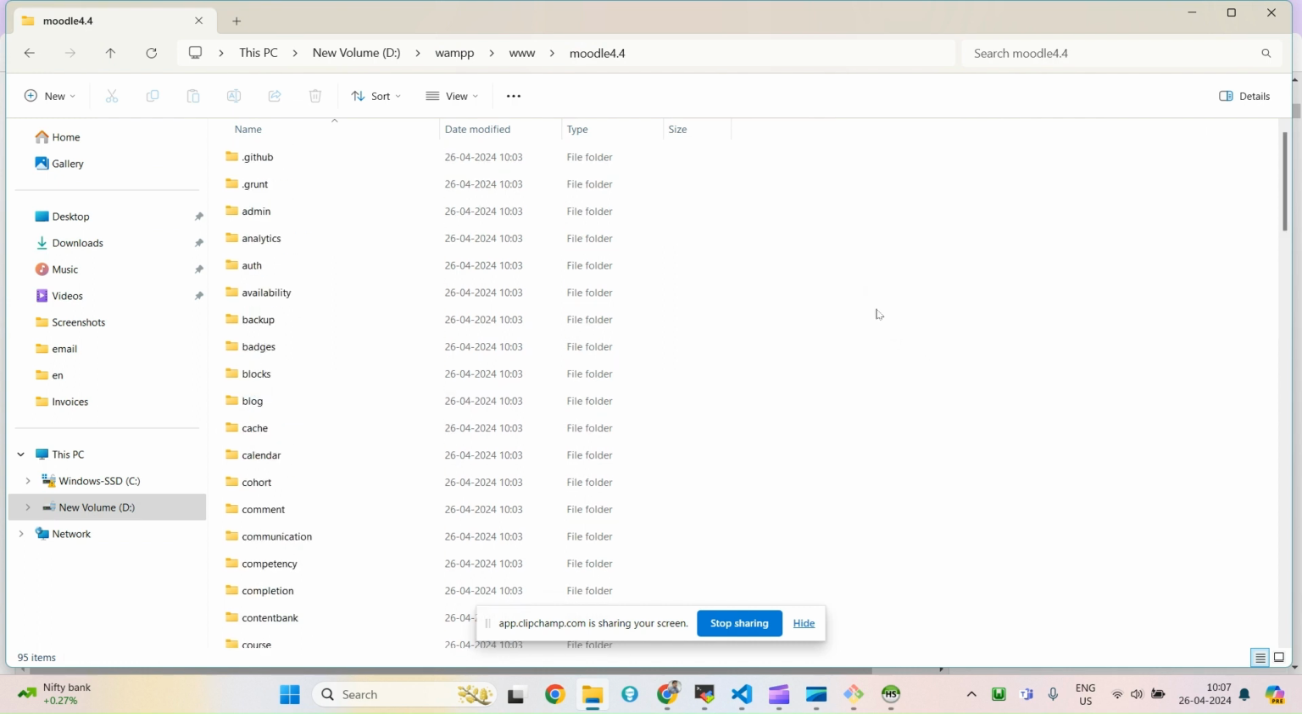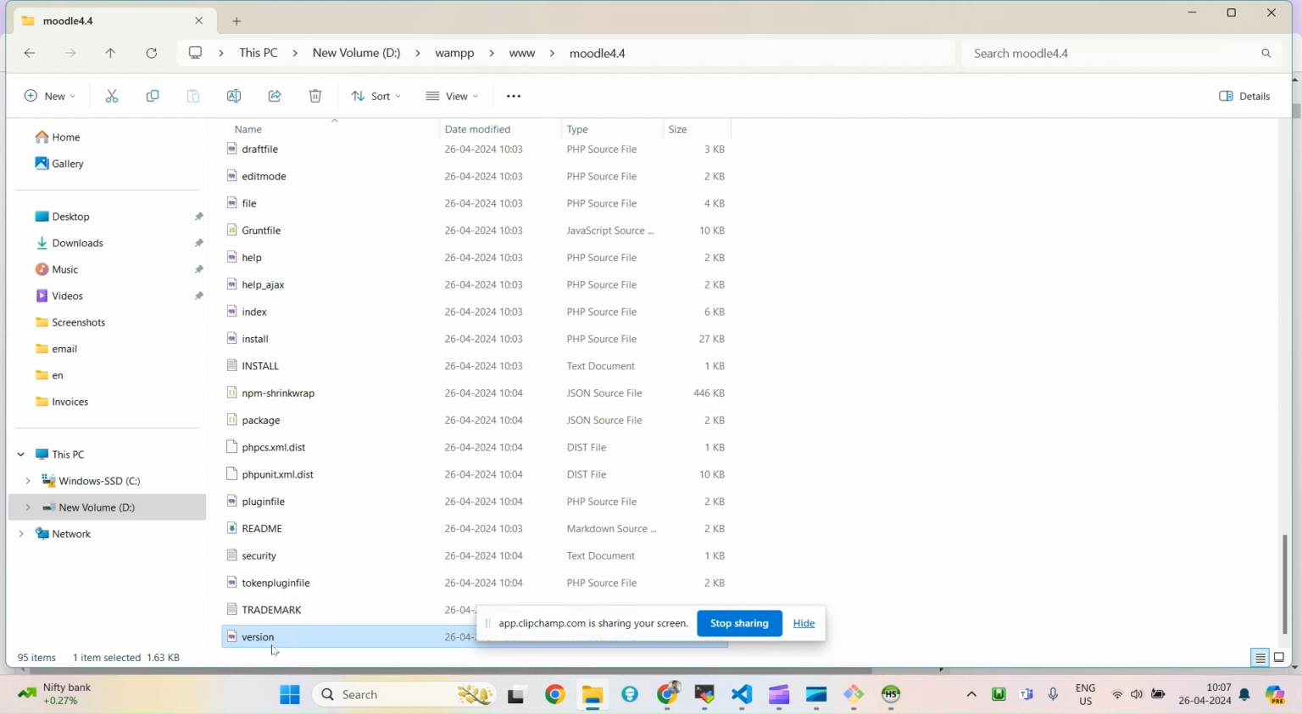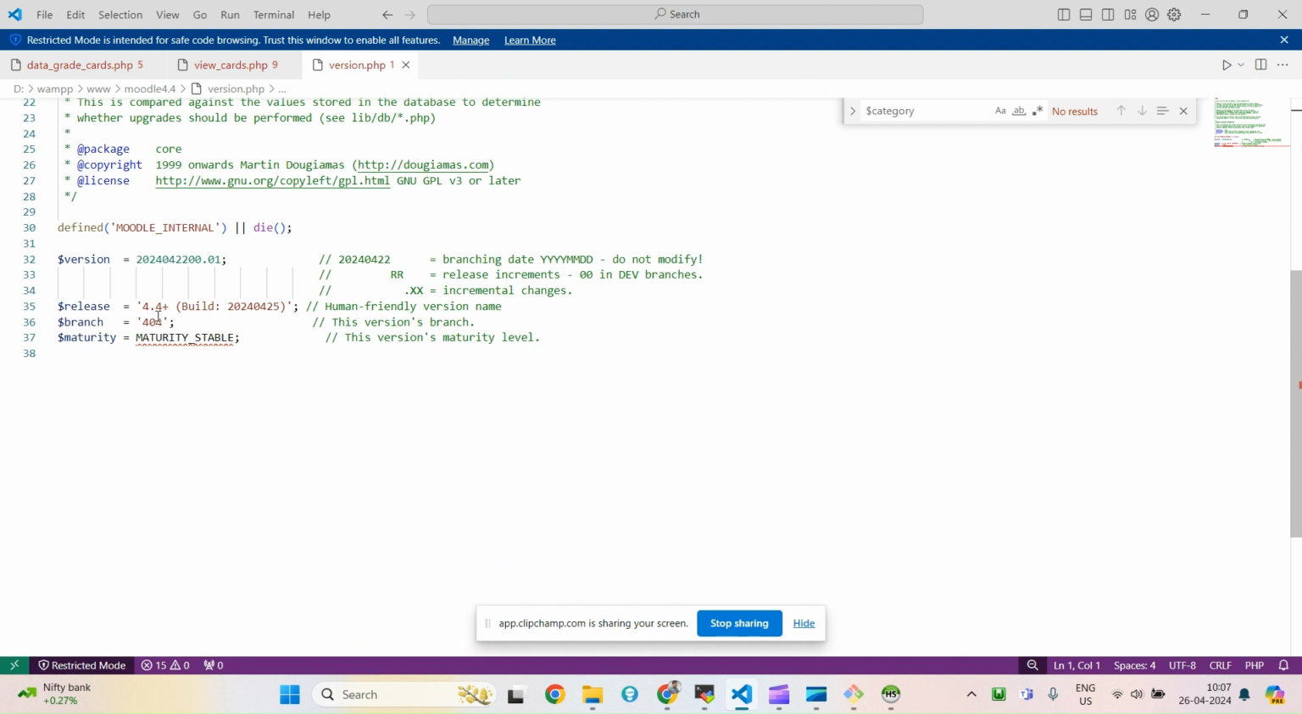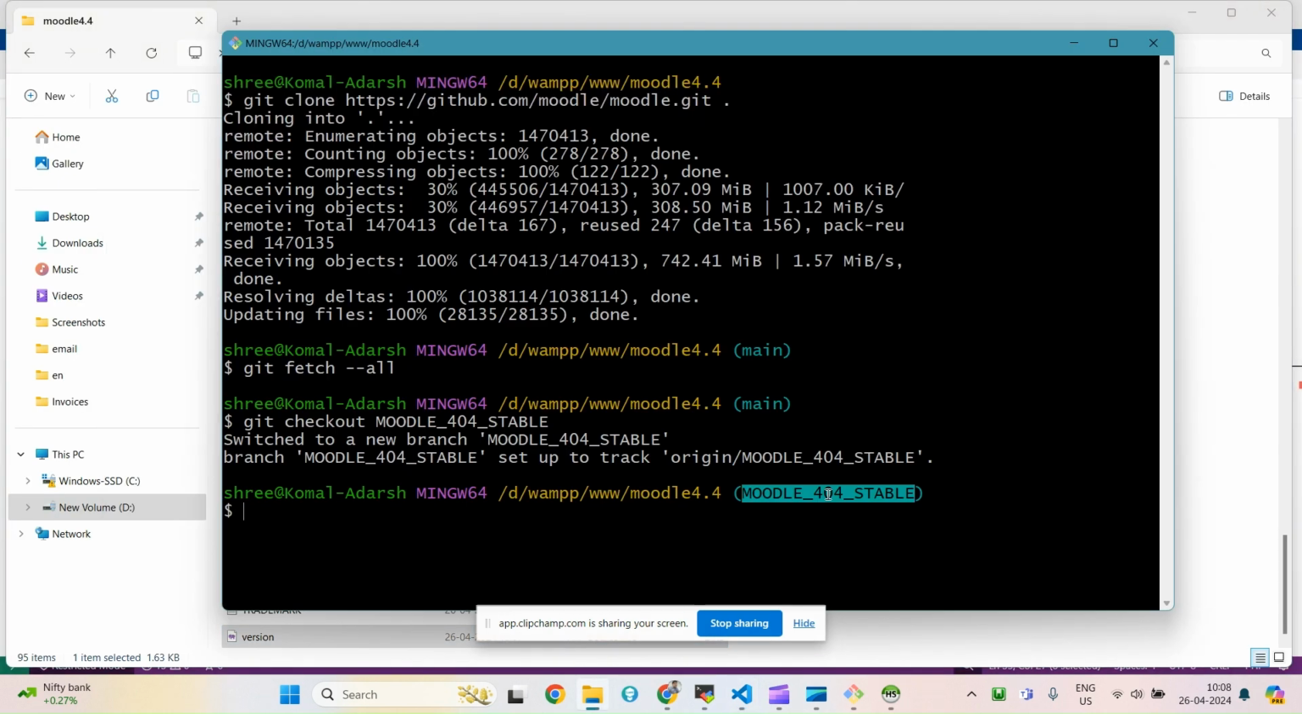Got it? If you come here and see the version, you will find the version here. You can see Moodle version 4.4 plus build, that is of yesterday's date, 25 April 2024. So in case you want to switch back to any other version, in case I want 4.3, I will